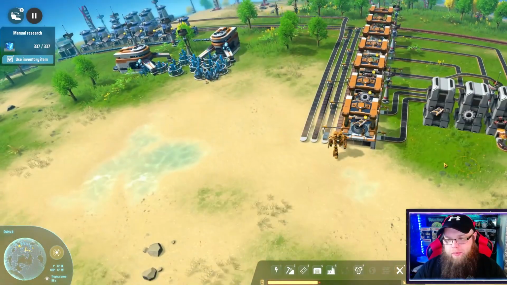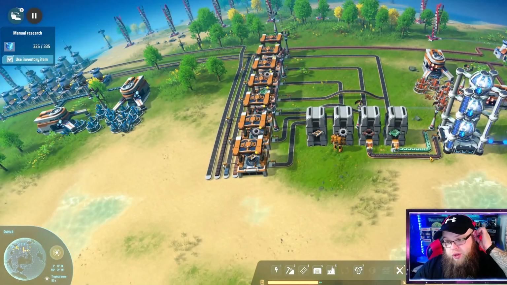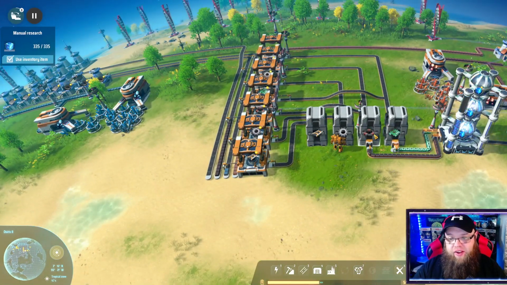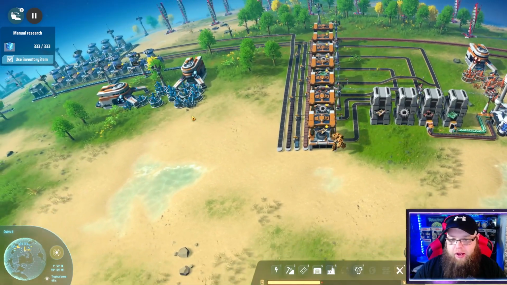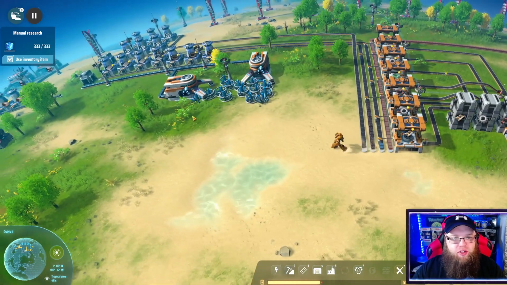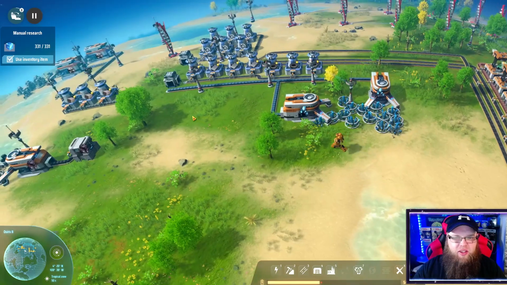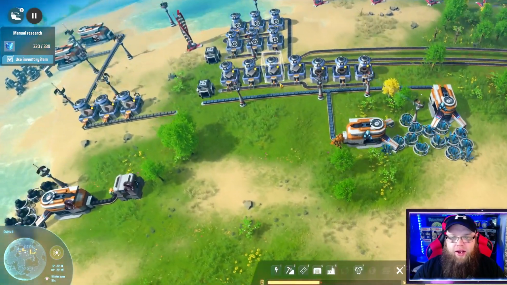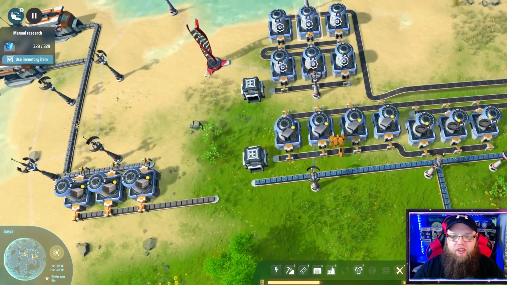I'll show you now. We built the Matrix lab so we can build the blue squares so we can do our research. That's all good. These two are constantly just going to be feeding this until, well, they're going to run out soon because I haven't wired my iron back up. So what I did was I took the whole iron plant apart and redid it because I'm close to the water. I needed to get this smelting plant in as well because this is going to be feeding just steel